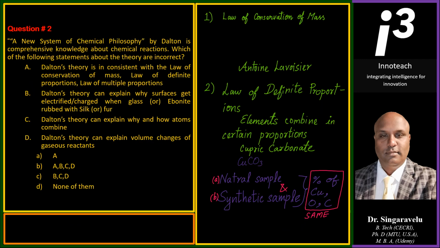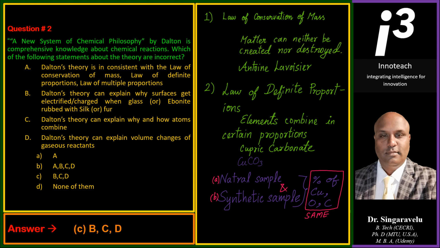And the second question here is: A New System of Chemical Philosophy by Dalton is a comprehensive knowledge about chemical reactions. Which of the following statements about the theory are incorrect? So you have to find out which of these statements are incorrect. Before we even read these answers, let us quickly recollect your memory from chapter 1, which says